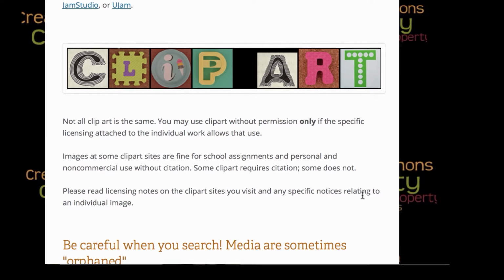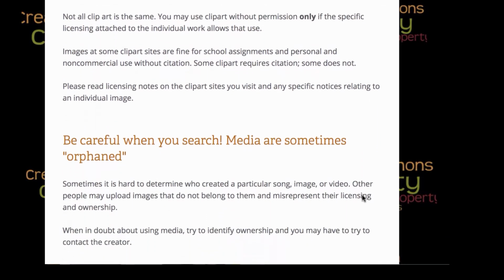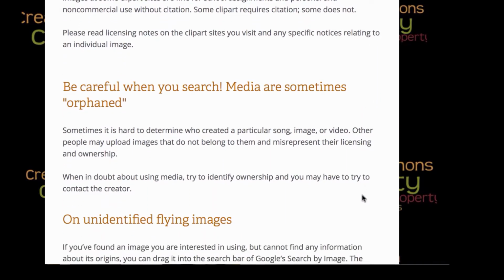Anyway, so clip art is another category. It's important to know, as I mentioned before when we were talking about orphan stuff, media are sometimes orphaned. It's hard to determine who actually created a particular media element, a song or image. People all the time upload images without attribution and misrepresent their licensing and ownership. When in doubt, try to identify ownership, and sometimes you may have to try to contact